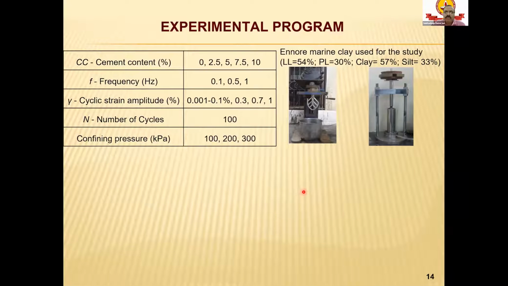Now, in the experimental program, we started with the Ennore marine clay, where we mixed the soil with a controlled amount of cement, and the cement content varies. Here I am showing the results for 5 different cement contents. Of course, 0 means there is no cement added. Then we varied the frequency and the cyclic strain amplitude, with the number of cycles fixed at 100, and 3 different confining